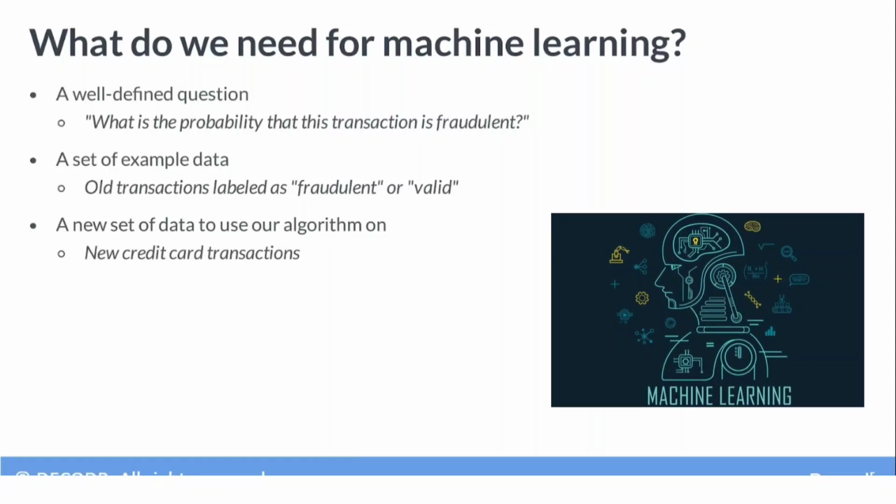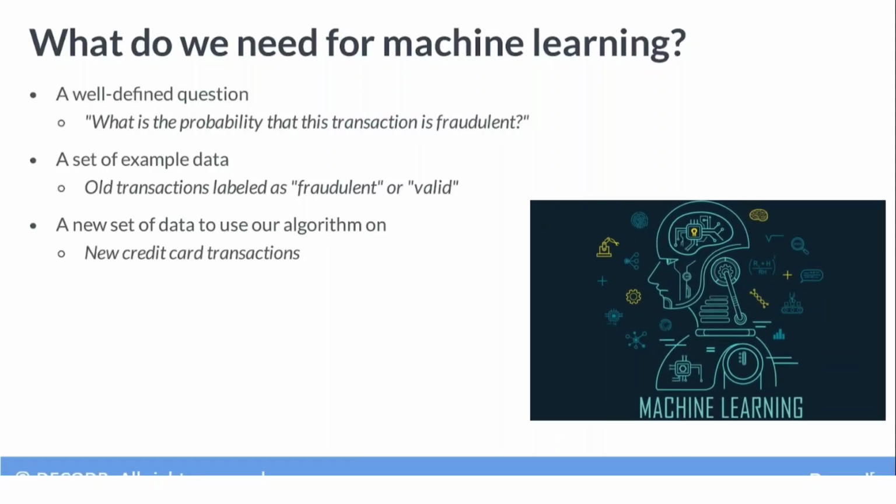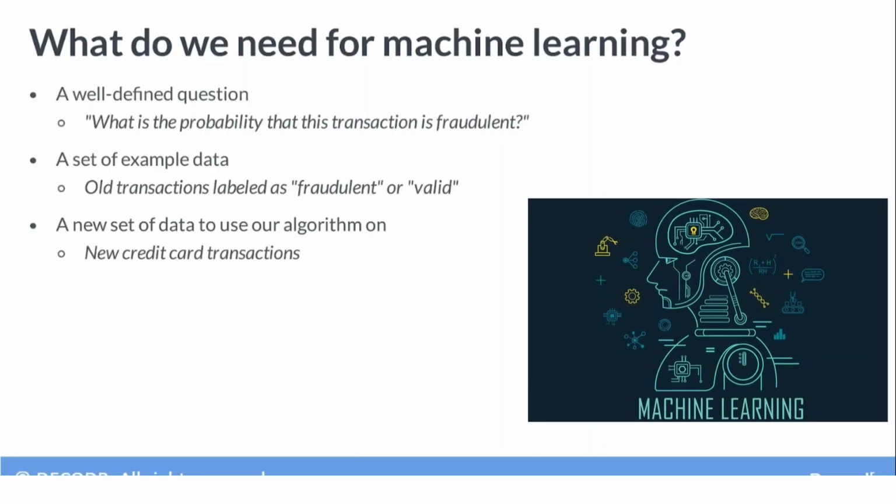Our question was, what is the probability that this transaction is fraudulent? Next, we need some data to analyze. So we have months of old credit card transactions and associated metadata like date and location that have already been identified as either fraudulent or valid. Finally, we need additional data every time we want to make a new prediction. We need to have the same type of information on every new purchase so that we could label it as